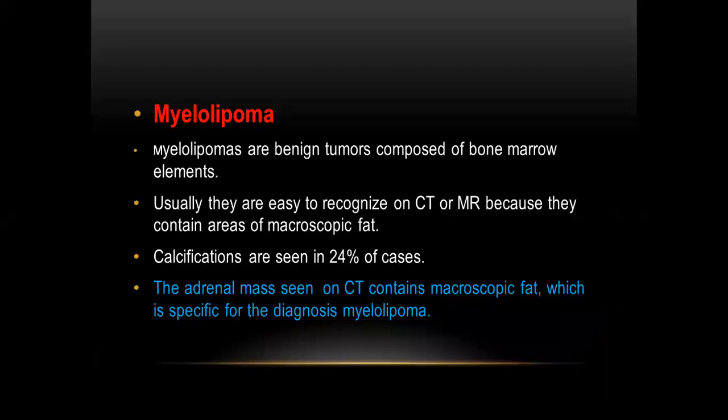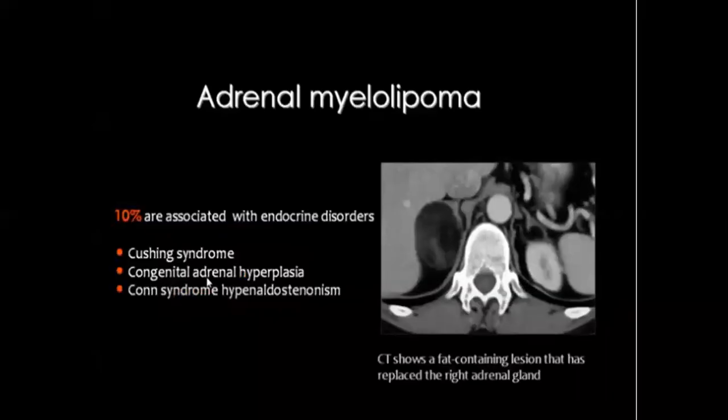Myelolipoma is a benign tumor composed of bone marrow elements. Usually they are easy to recognize on CT or MRI because they contain areas of macroscopic fat. Calcification is seen in 24% of cases, while adrenal masses seen on CT containing macroscopic fat are specific for the diagnosis of myelolipoma. Adrenal myelolipoma is associated in 10% with endocrine disorders like Cushing syndrome, congenital adrenal hyperplasia, Conn syndrome,